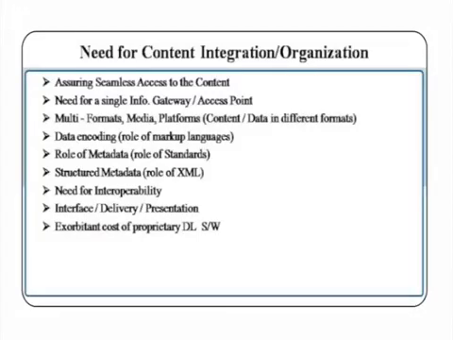Role of metadata: how standardized catalogs or bibliographic records are used for referring to the content which is put into centralized organized collections. And the structure of this metadata, like use of XMLs or use of other standards, is required for interoperability between the systems when you try data exchange. So from one organization to a second organization, if you want to share data, there should be a standard to be followed. So interface, delivery, and presentation. These are some of the important features of digital library software.